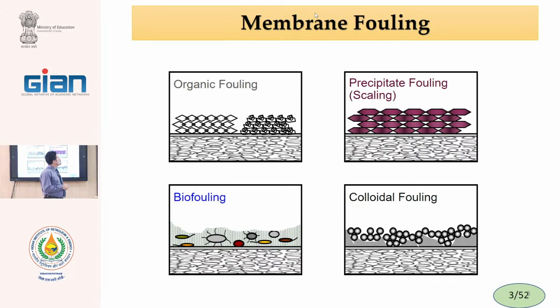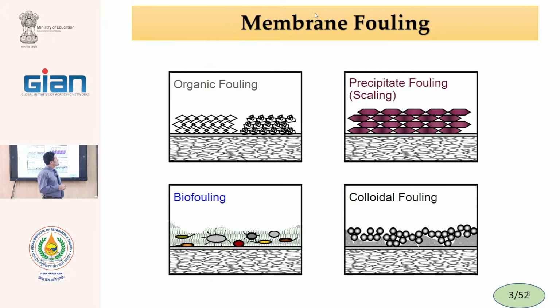The most famous type of fouling is organic fouling, because we have many types of process where we want to concentrate these organic matters. We concentrate milk, whey, proteins, fruit pulps, and others, and all of them have an organic nature. And the fourth